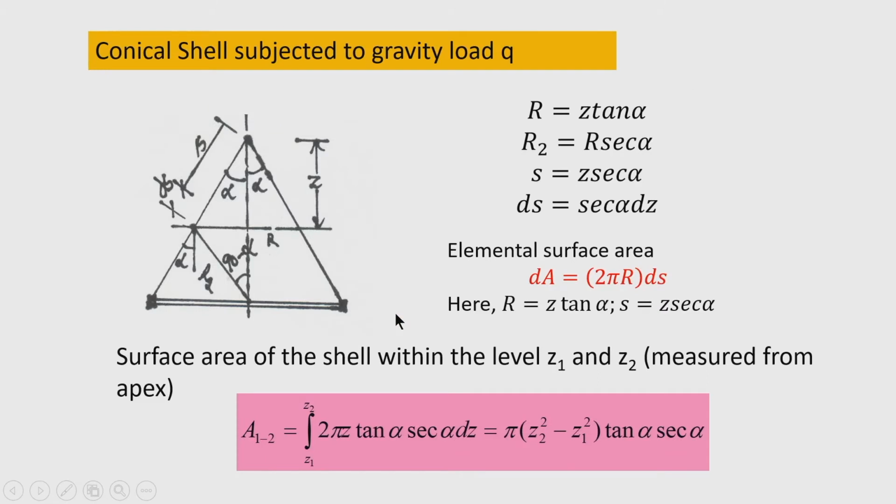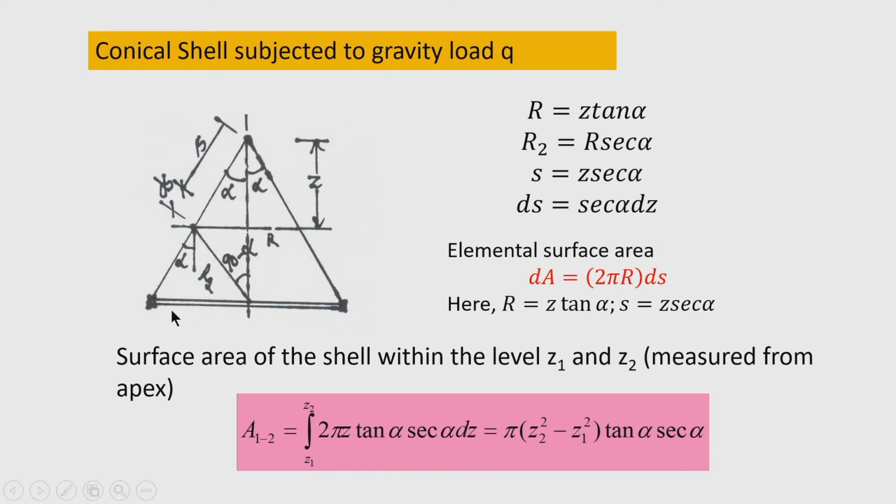Okay. Second problem, let us consider a conical shell, and we consider here the gravity load, that is the vertical load acting on the surface of the shell. Conical shell is also common because the conical type of roof, that is umbrella type roof, is common for small sheds and other applications, and conical vessels are also used for storage of liquid or other gaseous substances. Therefore, we need to know the analysis of conical shell.